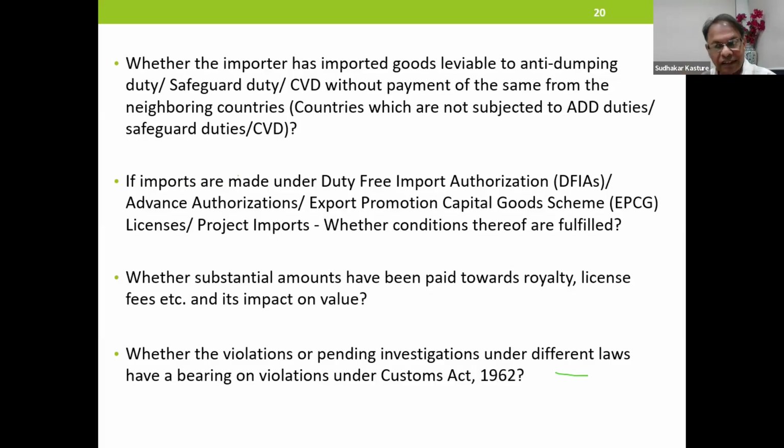Valuation rule 10, cost and services. Whether the violations or pending investigations under different laws have a bearing on violations under the Customs Act 1962. Is it in any way related to valuation of goods, and therefore valuation is getting lowered and therefore loss of revenue? That is another question mark.